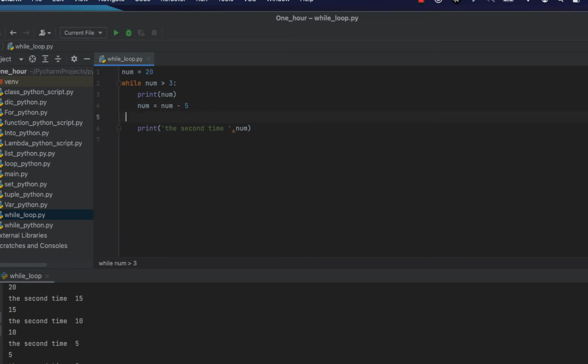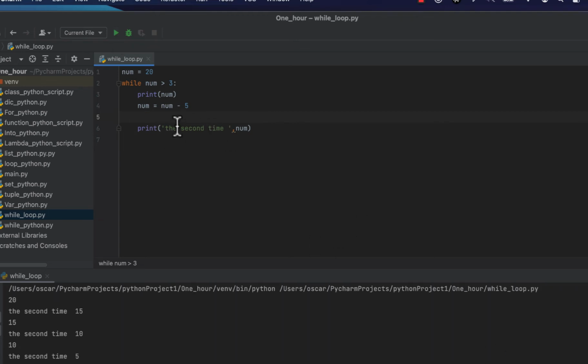It's going to do the same thing that happened previously. Nothing is going to change. I can do either one: the variable number that I gave you with the value 20, then minus 3, minus 5, and again print for me. So that is the while loop in